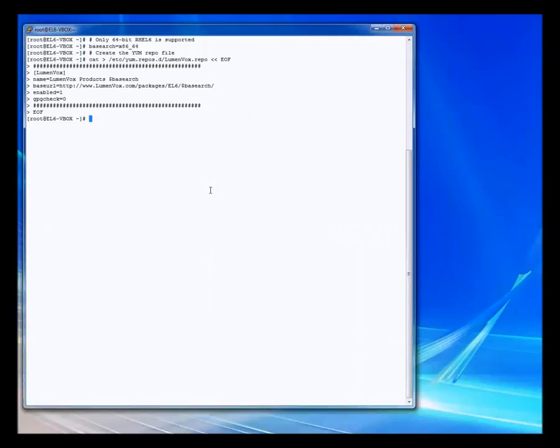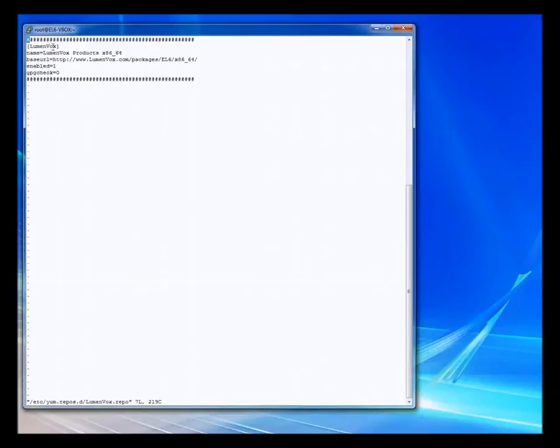So copy that and use VI to go ahead and edit it. And as you can see here, this is the contents of this file. So again, this is the etc yum.repos.d lumenvox.repo file. All this may be complicated to you, don't worry about it. This basically tells the Yum repository where to go look for LumenVox packages. So it's on our lumenvox.com/packages site, and the option that we selected was for EL6, 64-bit, and that is exactly